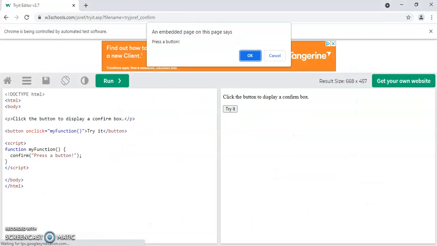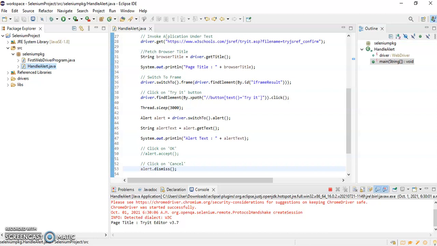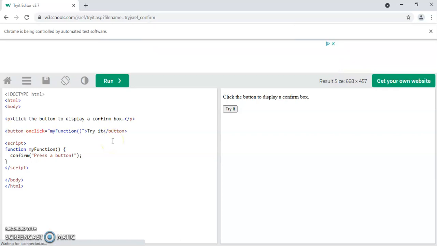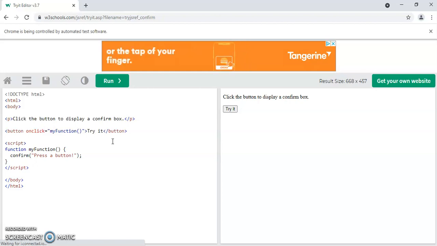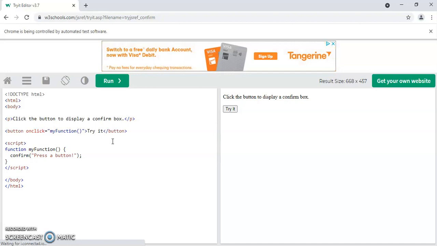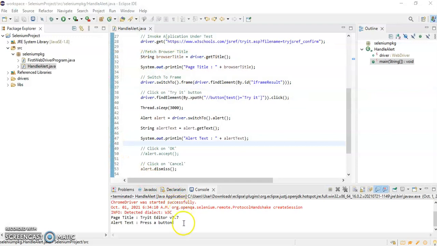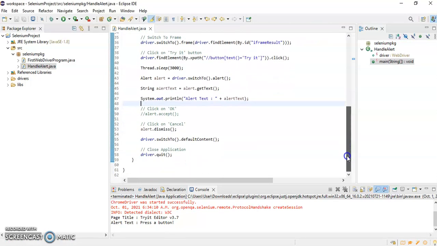It is still running. So if you see, I have fetched the alert text, press a button, and it has clicked on cancel because we have called this dismiss method. So this is how we can handle confirm.